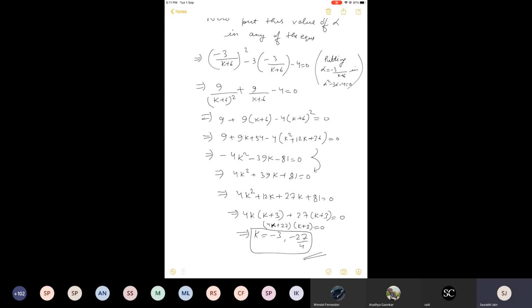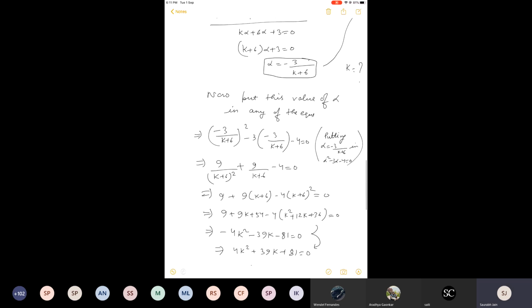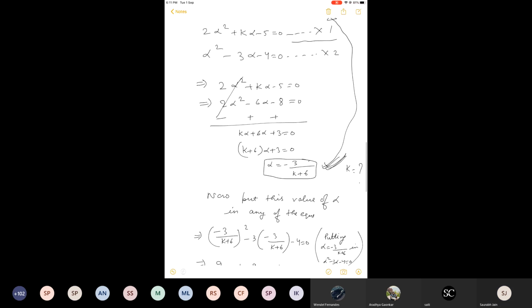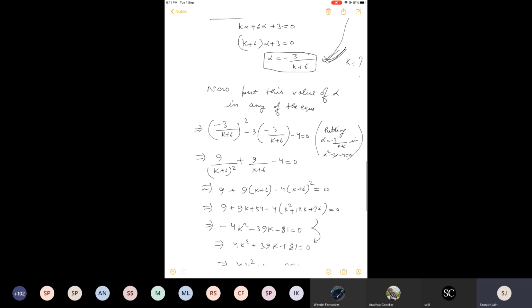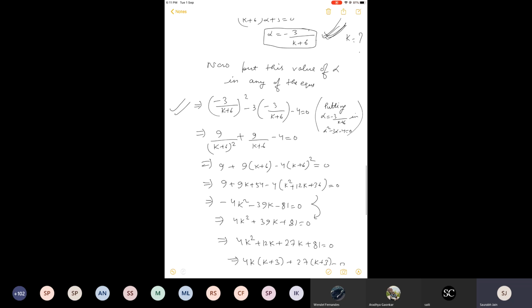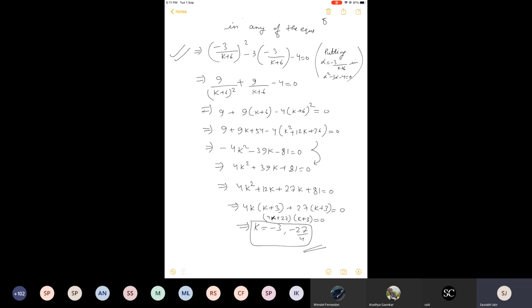So now you should have understood that after getting this value, by following every step, in the question they are asking us to find the value of k. So what to do? This value of alpha can be put in any one of the equations which contains alpha. When you put it, you will get such an equation, and after that nothing is important because we have to just simplify and solve the equation, and from here I will get the value of k. So for these two values of k, the above two quadratic equations will have one common root. This is the meaning of this question.